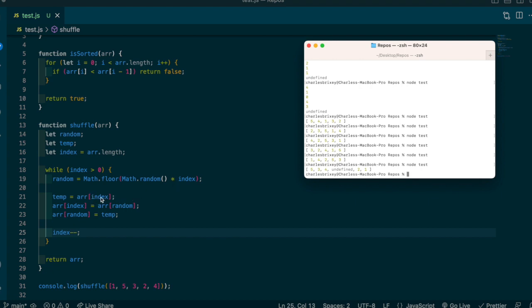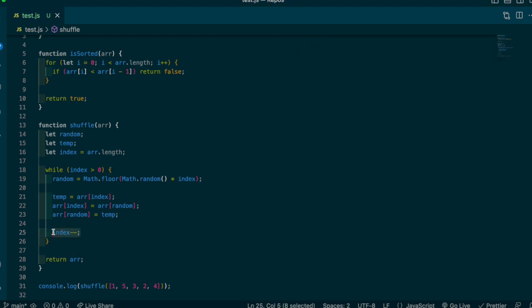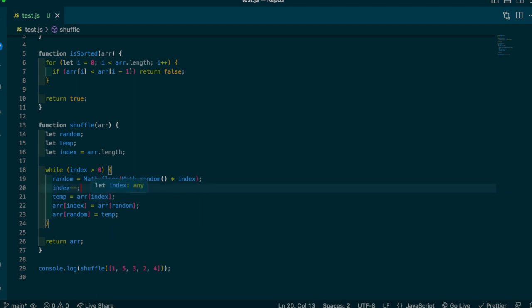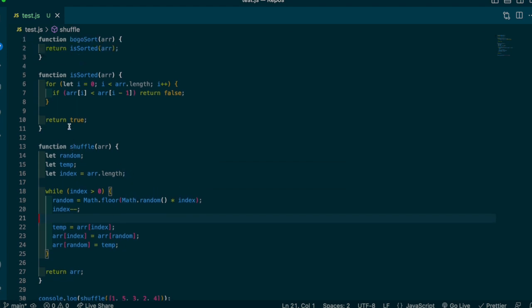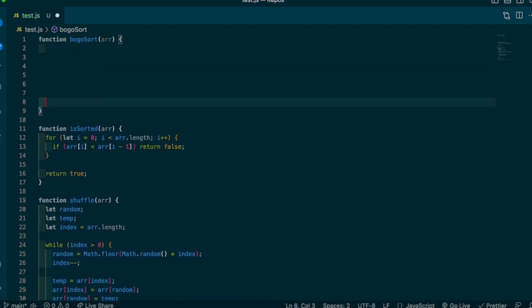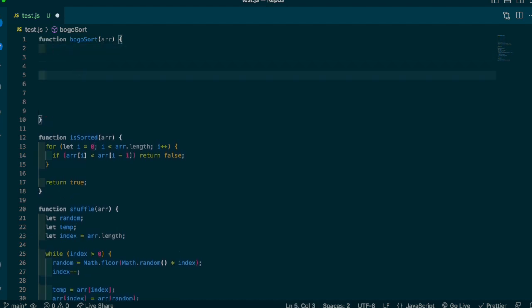index is initially set to 5, right? But we don't have an index 5 in our array, so it's shooting out this undefined value, which is not what we want. So make sure when you're making your shuffle function that you're putting the decrement of index in the appropriate spot, okay? So now we've got our shuffle function, we've got our sorted function, and we can actually go back to our Bogo Sort,